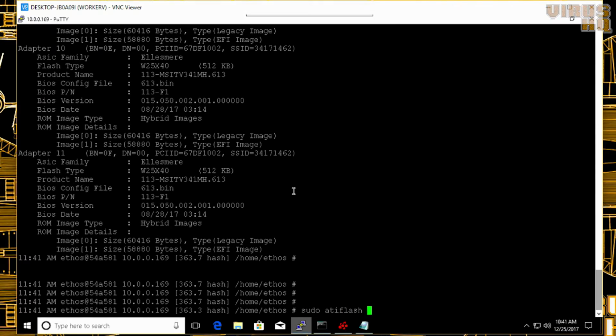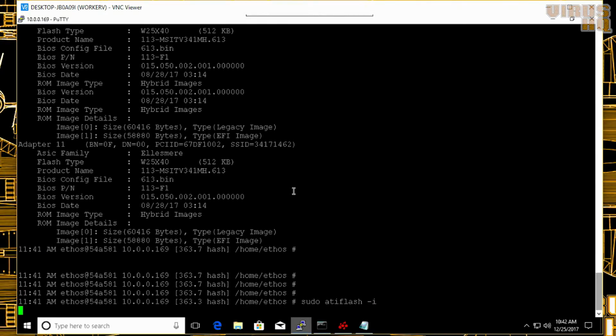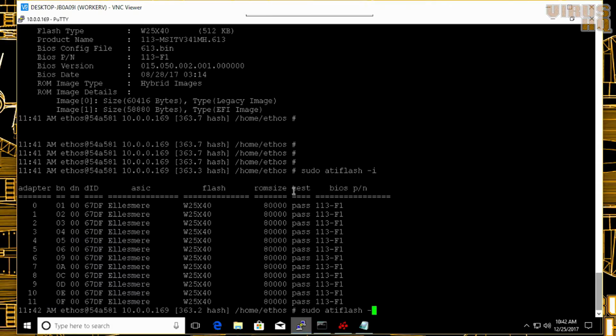Now the next thing we'll run is sudo ATIflash -s and then the GPU number. But as we move 2 down, we'll just type in -i and then we'll go for -s, and let's try to flash GPU number 3. So we'll type in 3, space, and then the name of the BIOS that we want to save. These are MSI cards, so this is the MSI 580 8G Samsung memory and this is the original BIOS. So I'll just save it as ori.rom